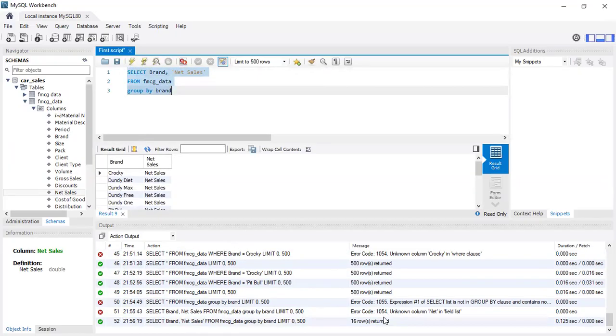You can see it has run now because we fixed that error. So you can see it is showing everything, but it is grouping it by the brand. So net sale for Crocky, then net sale for Dundee, for Pitbull. So you can see we don't have repetition, you have grouped everything. We have only